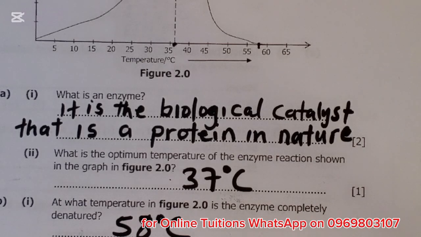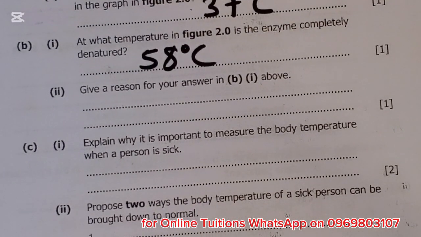That's the meaning of the word denatured. When an enzyme is denatured, it has completely lost its functional shape such that a substrate cannot fit into the active site of an enzyme. So that is what it means when we say denaturing of an enzyme. So here the reason is